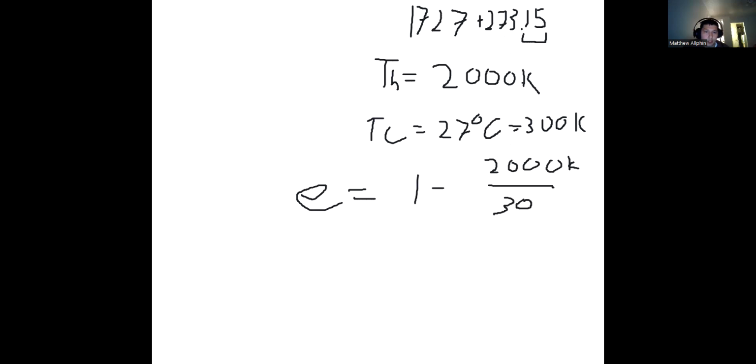And this number is unitless. It's a ratio, so we don't worry about units on that, and even if we did, the units would cancel here, right? So 1 minus, and then if I put that in my calculator, 2000 divided by 300 will give us an efficiency of